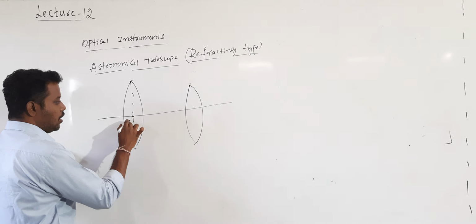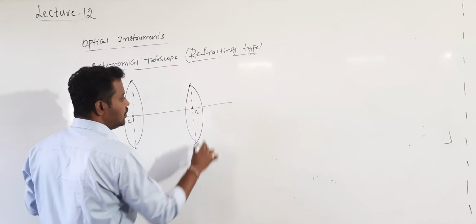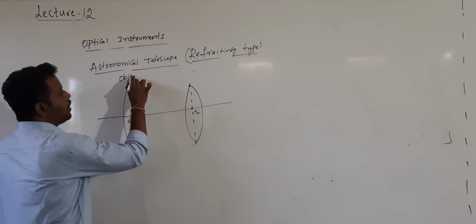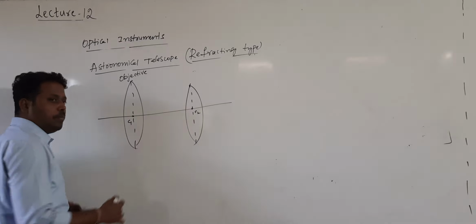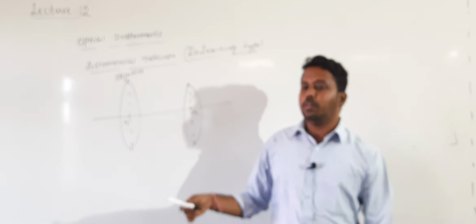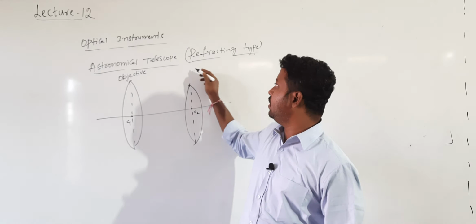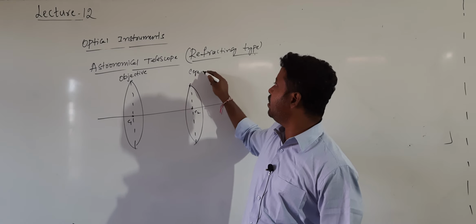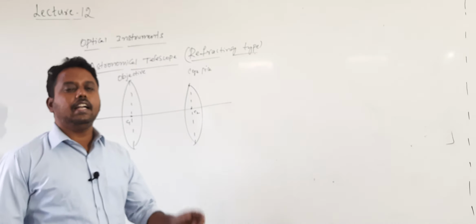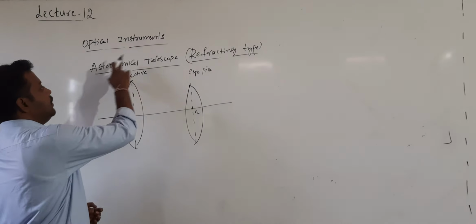The optic center of the first lens I call C1, and this optic center I call C2. Okay? Now actually this case is the reverse of the compound microscope. In the compound microscope, the objective has a small focal length and small aperture, whereas here the objective has a large focal length and large aperture, and this is the eyepiece, of small focal length and small aperture, and both are held at the two ends of a tube. The distance between these two is called the length of this telescope.